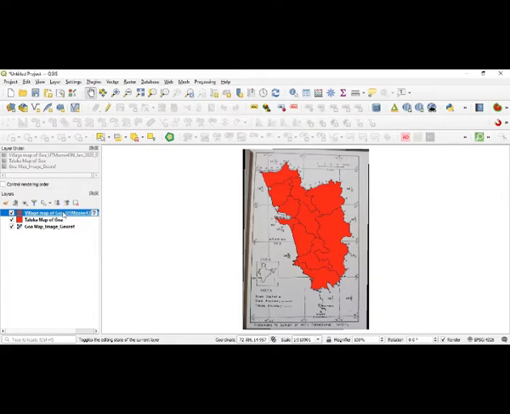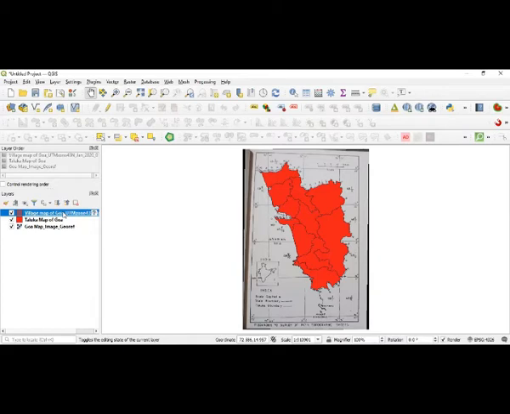So right now what you have done is something of this kind, where I have taken the georeferenced raster image, and I have also converted that into a vector layer. And that vector layer and the raster layer can superimpose only because they have the same projection. If they have a different projection, they are not going to overlap one another, or overlay is simply not possible. Okay, that's one thing.